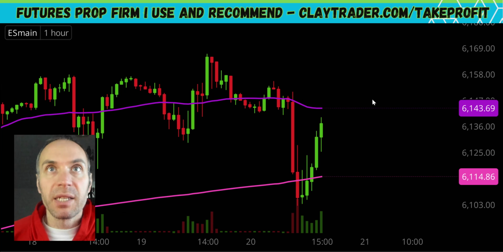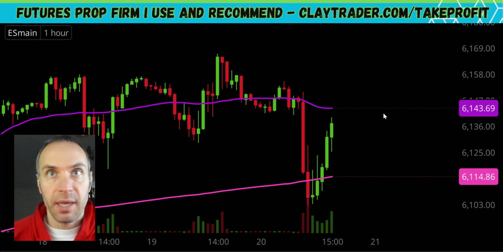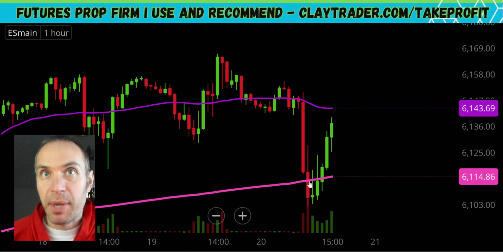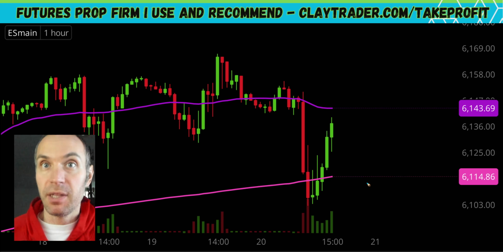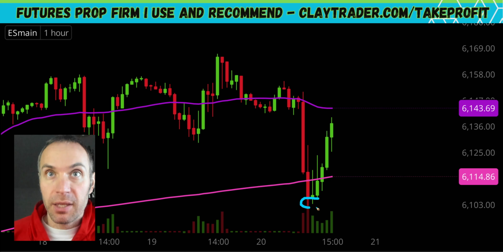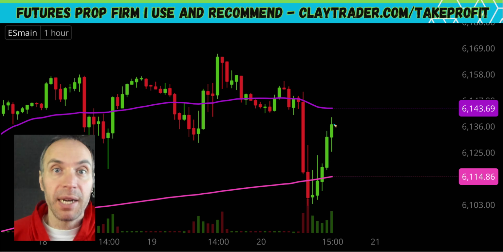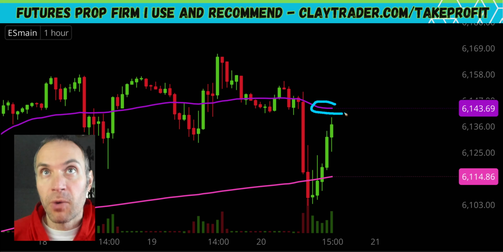Next one here, ES, and like a lot of the indices, it was a wild, wild ride. So big move down, broke down through that pink line there, which was not good to see at all. But to give credit where credit's due, and really just kind of illustrates the story of the day, the price slammed on the brakes, and then boom, essentially straight up, it's gone. So very solid upwards momentum headed into the next session,